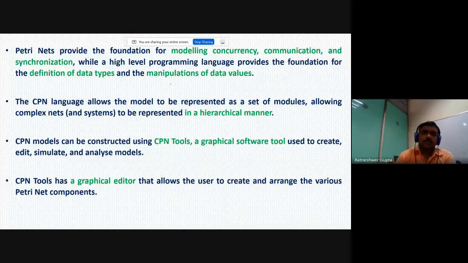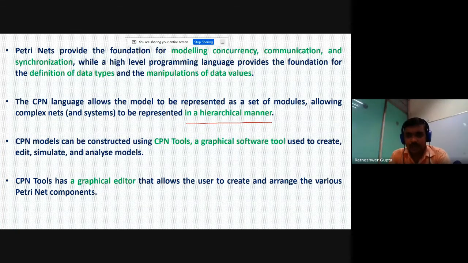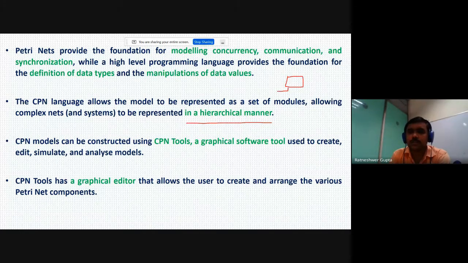Now this CPN also provides a hierarchical feature. Suppose you have a bigger component and you are not able to make that architecture on the same page. First you can create a black box architecture, like suppose we have three components: component 1, component 2, component 3.